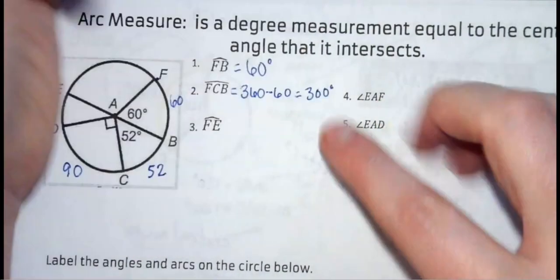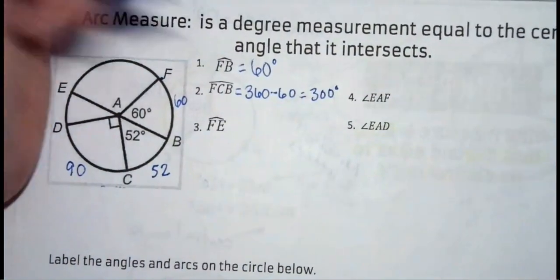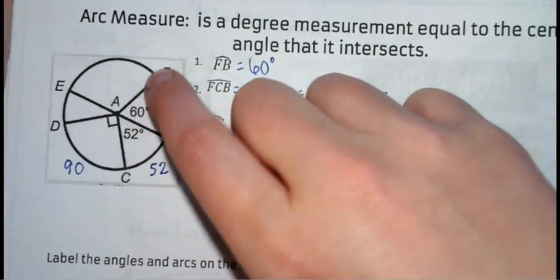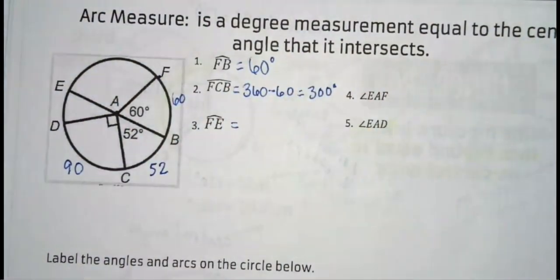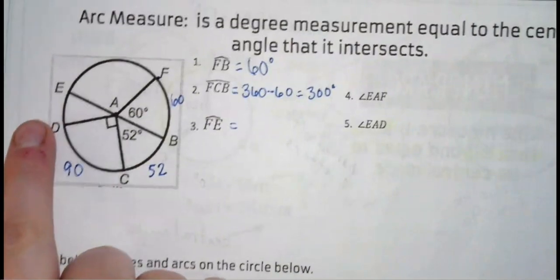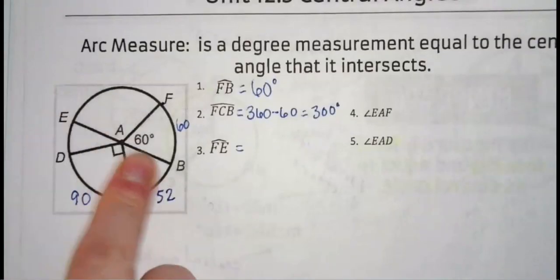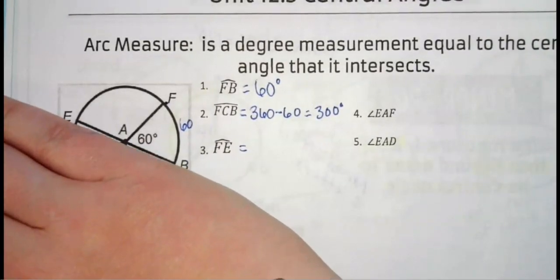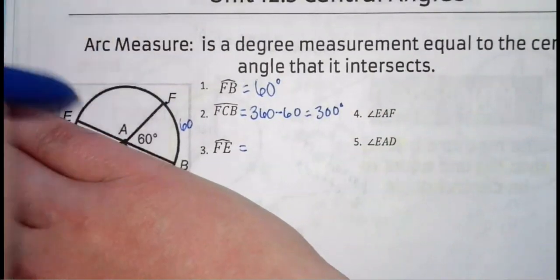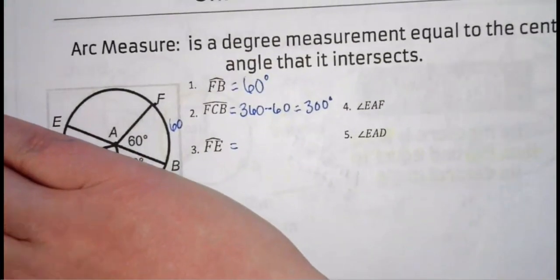All right, so sometimes you will have to add numbers together. Other times you will subtract. It just depends on what you're given. All right, FE. We've got to figure out what this one is. In order to do that, I want you to physically take your hand and humor me and cover up half of this circle. What does that mean? That means that BE is a diameter. Diameters cut the circle in half. When you cut the circle in half, you guys just said 180. That's half a circle. So we're going to use 180 here to solve for FE. Half of this circle, because we've covered up half of it with our hand, and it really helps to cover it up with your hand, I promise,